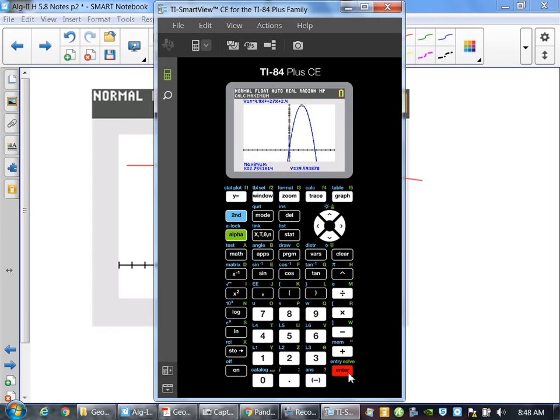When will the balloon burst as it hits the ground? Well, what are you looking for? The x-intercept, which is called your 0. You're trying to find your 0. Again, you just hit second, calculate, 0. Now, when you're looking to find an x-intercept and it's on the right, your left boundary will be above the axis. Or if you just watch your y values closely as you're using the calculator,